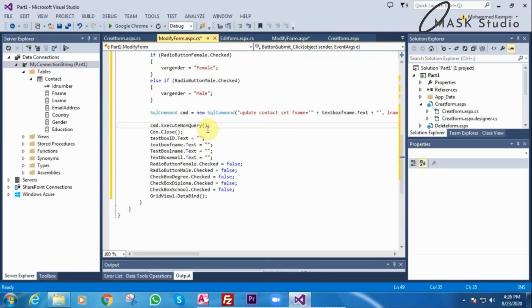It will execute the command and then the connection will be closed, and after update I want the complete form to be clear again. For that I gave text box ID dot text is equal to empty double quotes, means empty all. At the end I say grid view 1 dot data bind just to refresh the table.